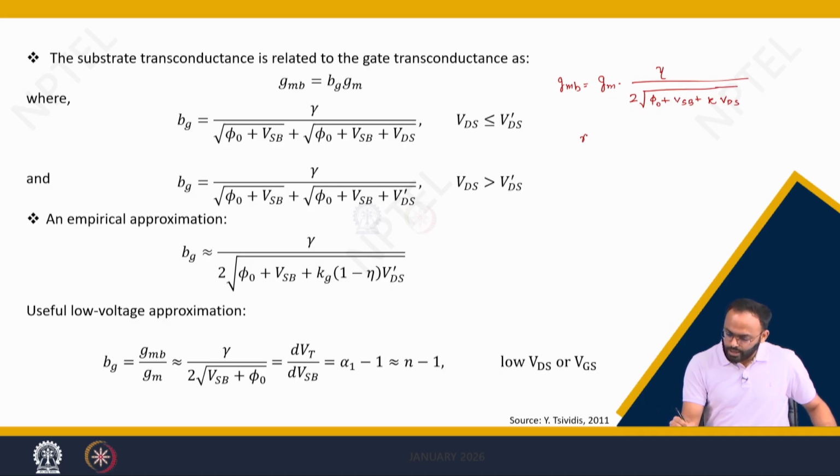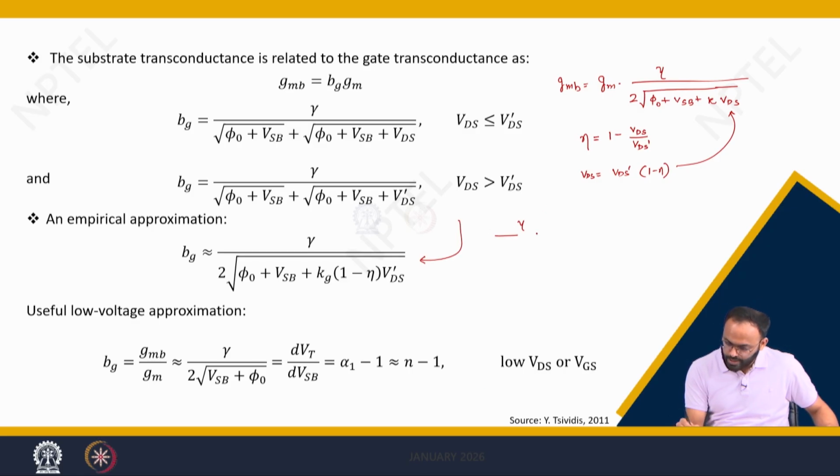Now, we know that a factor eta, which we have defined in our previous lectures as 1 minus VDS divided by VDS dash. So, VDS can be written as VDS dash into 1 minus eta. So, I replace this here and I will ultimately end up with this equation. So, this factor gamma divided by 2 times square root of phi naught plus VSB plus some constant K into 1 minus eta into VDS dash